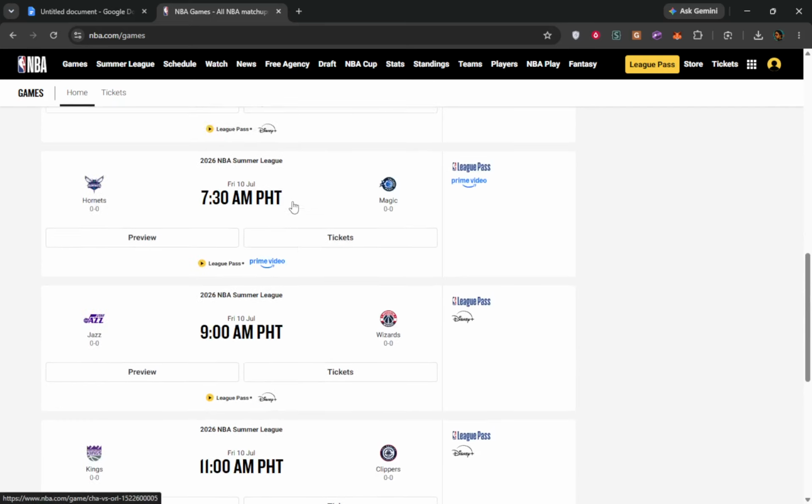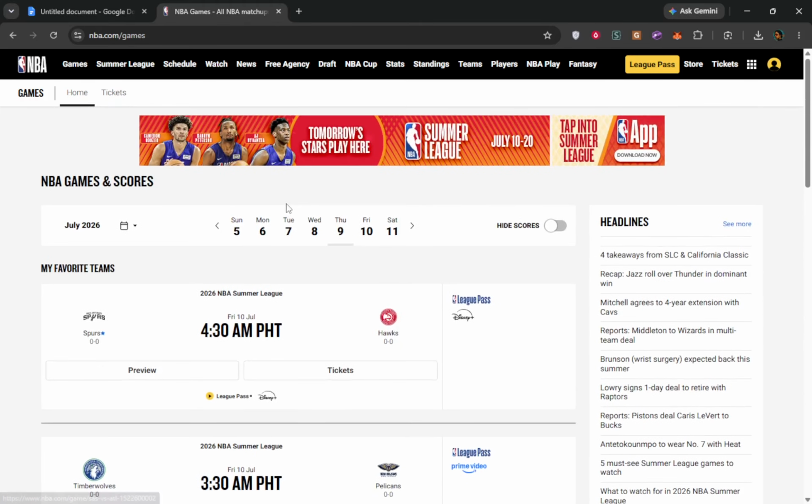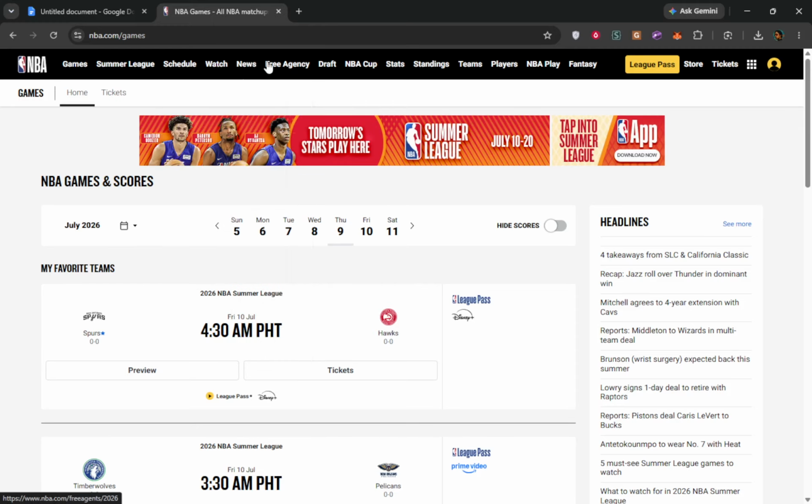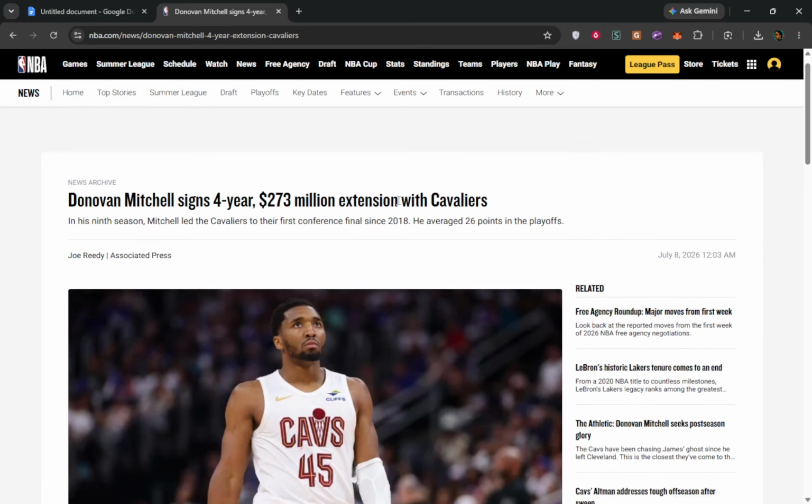In addition to watching games, you can also view scores, schedules, standings, and highlights. This information is vital for any fan wanting to stay updated on their team's performance. It allows you to keep track of game times and results, making it easy to plan your viewing around your favorite matchups. You won't miss a moment of the action when you have access to this wealth of information.